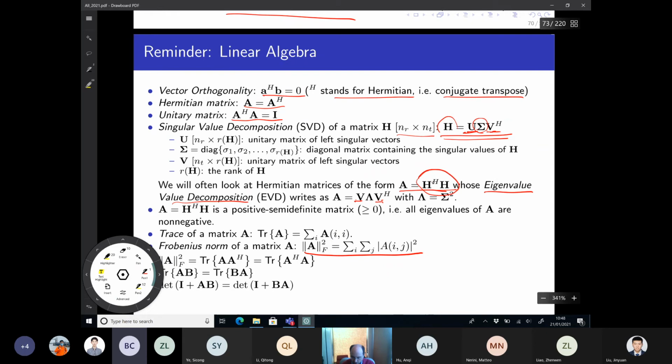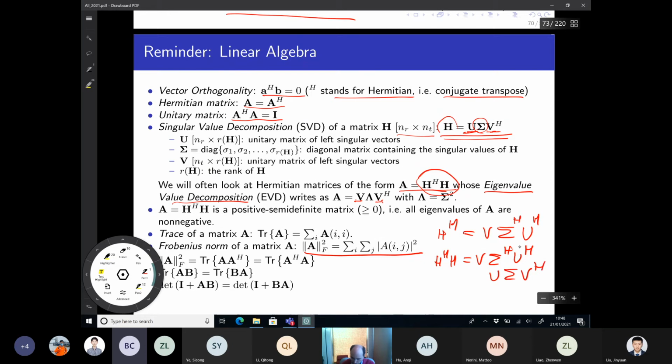If A is H Hermitian H, essentially H Hermitian will be equal to V, this, U, and in general, let me write this, H Hermitian H is going to be V, this, multiplied by this, multiplied by that,